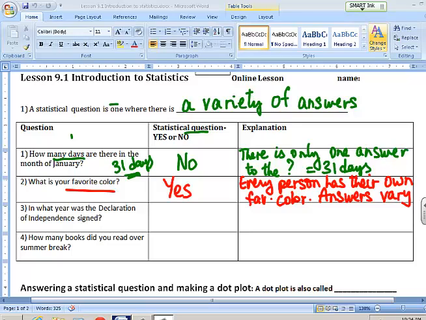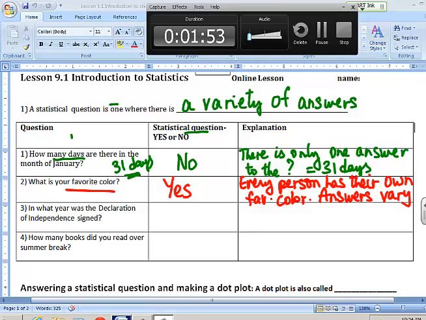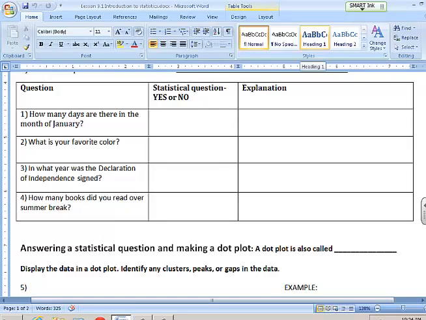All right, let's go ahead. I want you to finish 3 and 4 and write the explanation just like this. Okay, let's take a look at